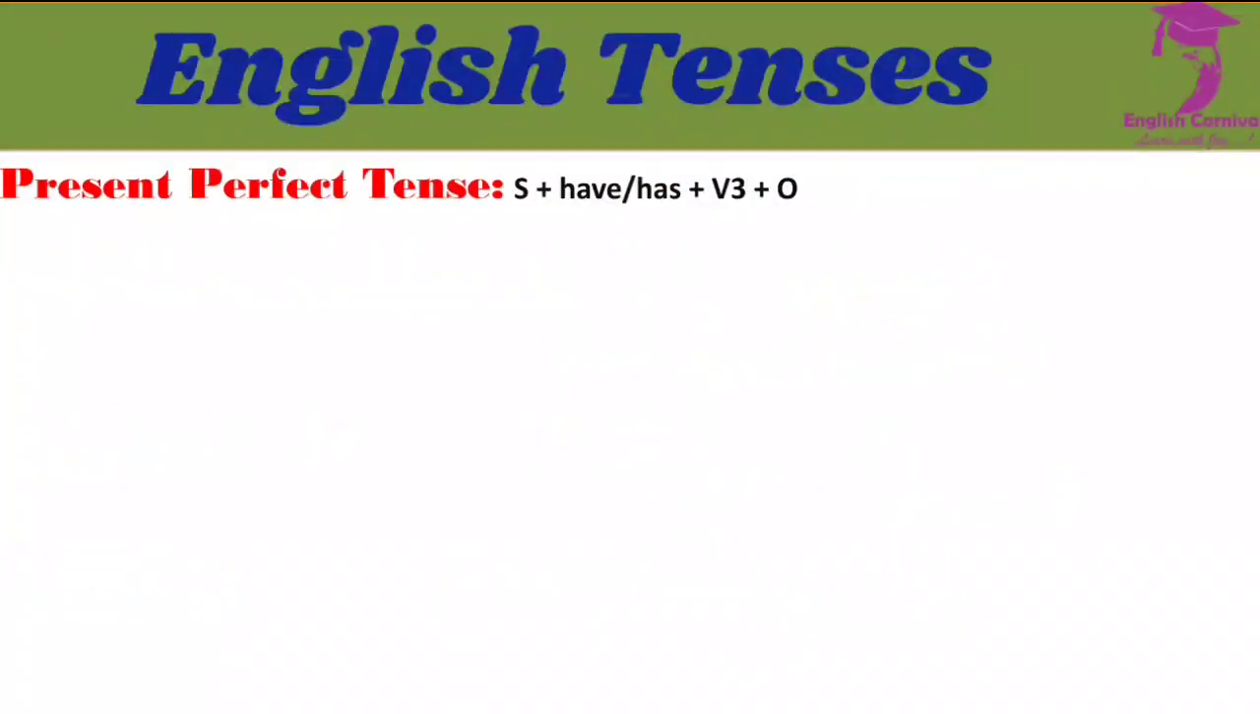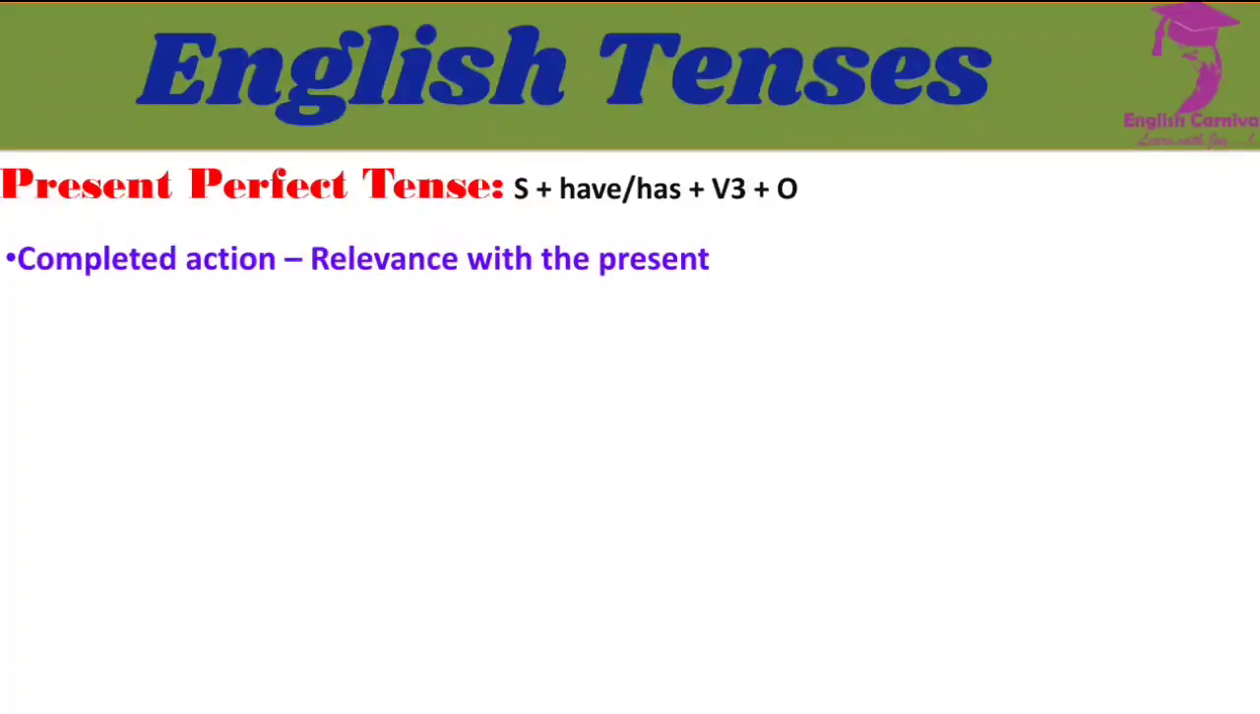Friends, the next type we have is present perfect tense, and the structure of this present perfect tense is subject plus have or has plus third form of verb and object. Friends, here we need to understand that as far as this tense is concerned, this is used to express the